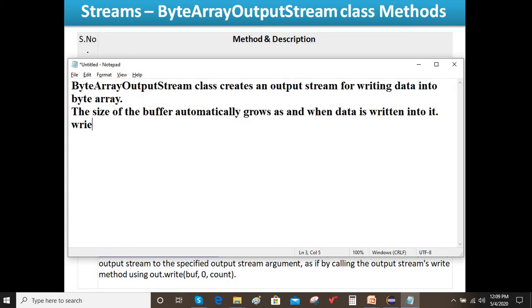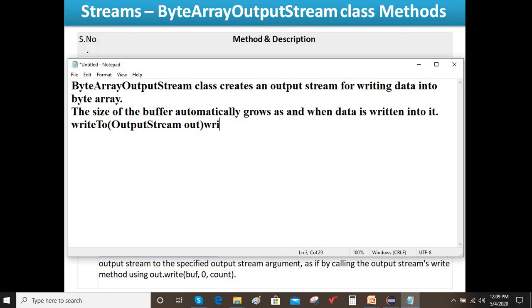Whereas the writeTo method is found only here and is not available in other stream classes. What parameter does writeTo take? The parameter considered here is OutputStream out.